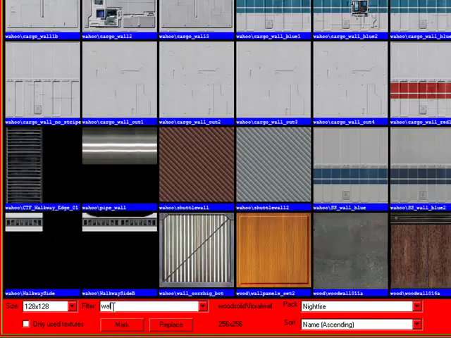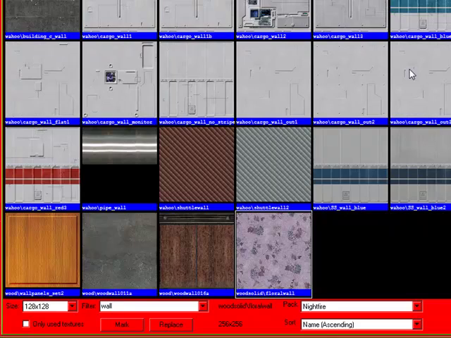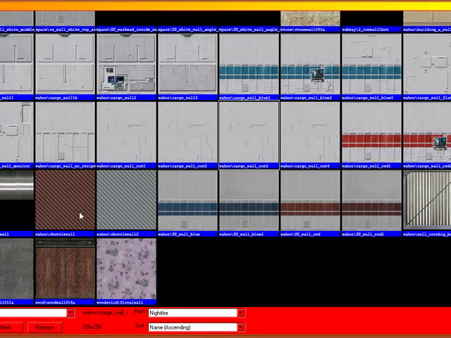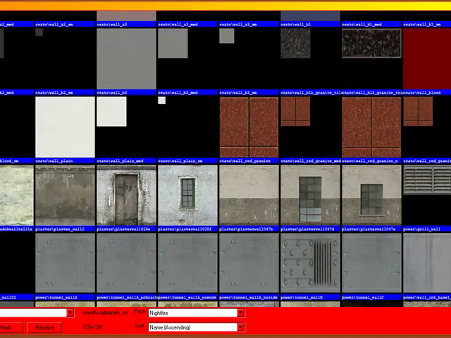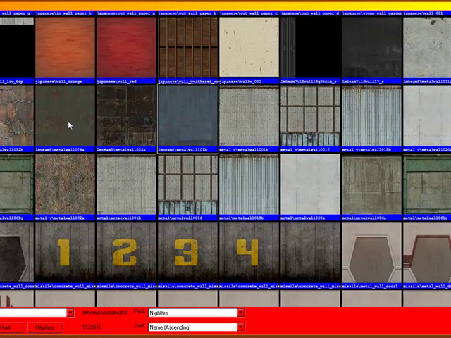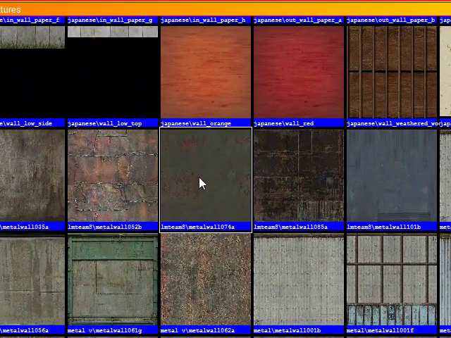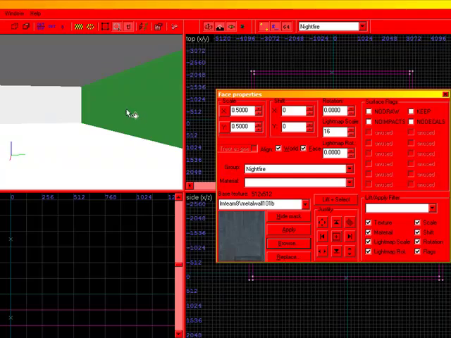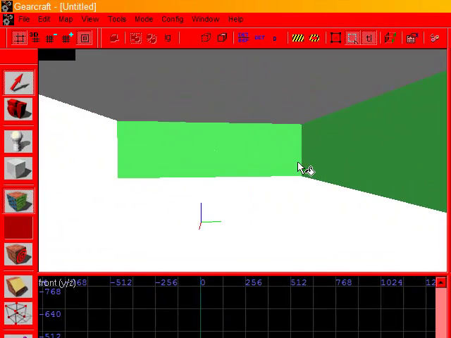W-A-L-L. There we go, and now we can pick like space textures, wood, and let's see if we have any different ones here. Well, this one looks good here. Actually, this one, yeah. So now we'll click on each box here, and realize what I just did there is,